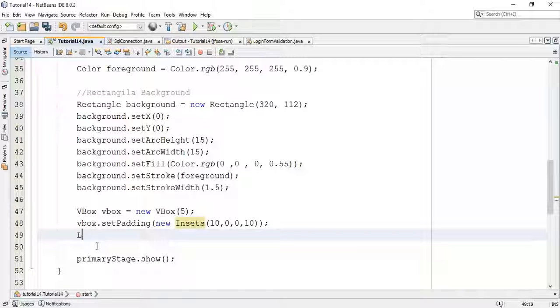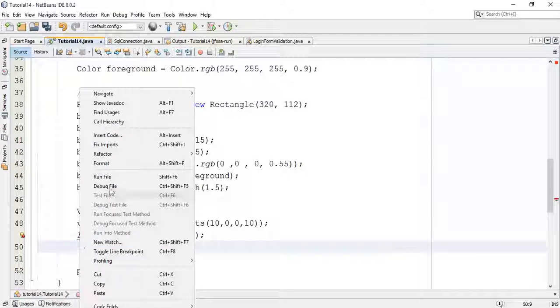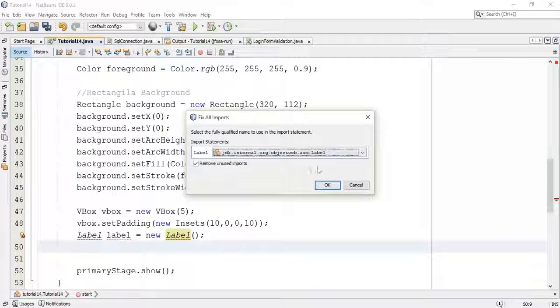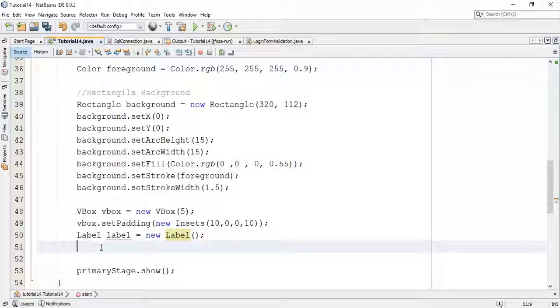Next I'm going to add a label. So label equals new Label. Fix the import for a label, add javafx.scene.control.Label and OK.